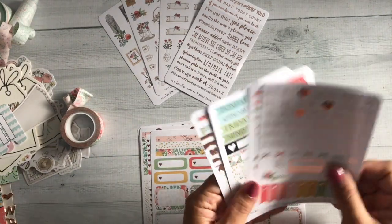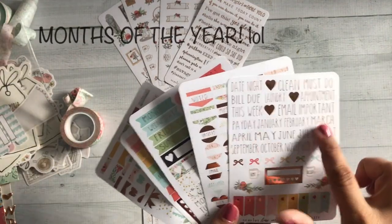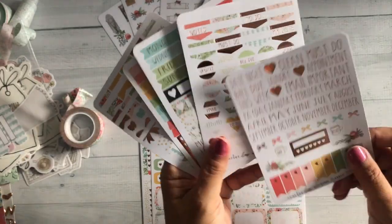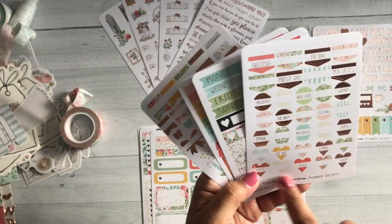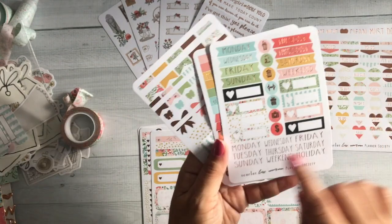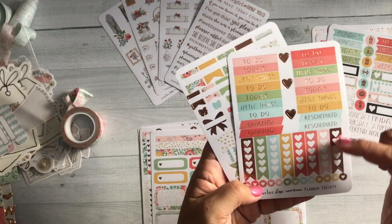This is the sticker kit. So let's see. These are so gorgeous. You've got the days of the months, maybe some frequently used words. You've got some adorable page flags. I love the bows, habit tracker. You've got these types of header boxes, because you can still write inside here what they are or what they're for. Days of the week, header boxes, and then icons, more page flags,